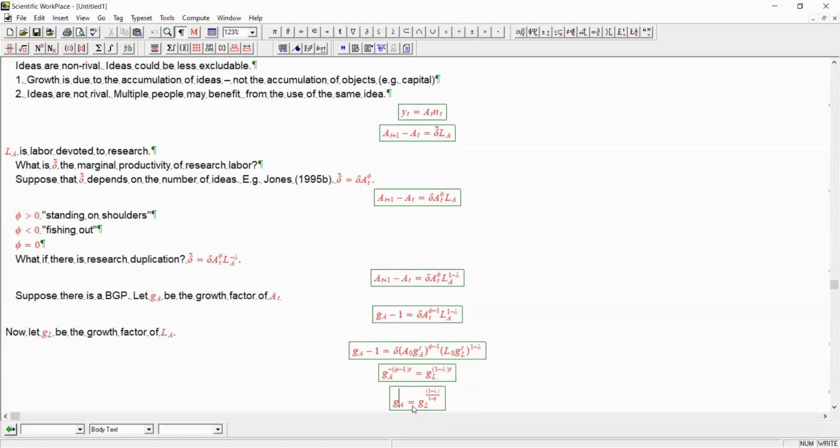So in Jones, who has population growth, just like some of the models we considered earlier, if population growth equals this GL, which would make sense in the long run, since presumably we'll have in the long run some sort